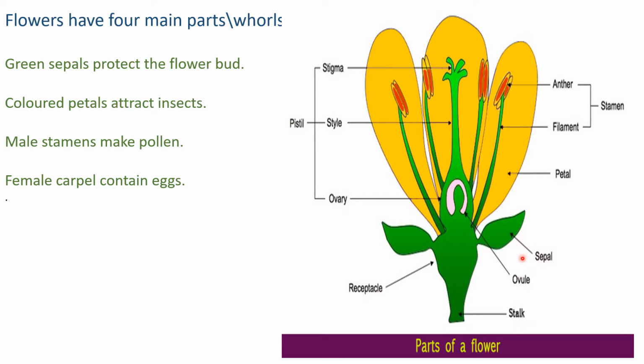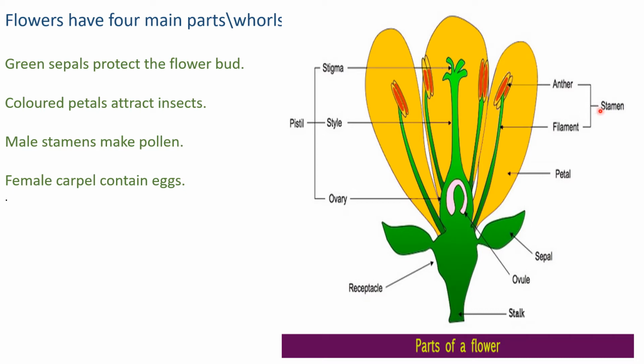The sepal is leaf-like and grows at the base of the petal. These are the petals, which are brightly colored and attract most of the insects that help to spread the pollen. So the petals are mostly attractive to insects because they are very brightly colored.